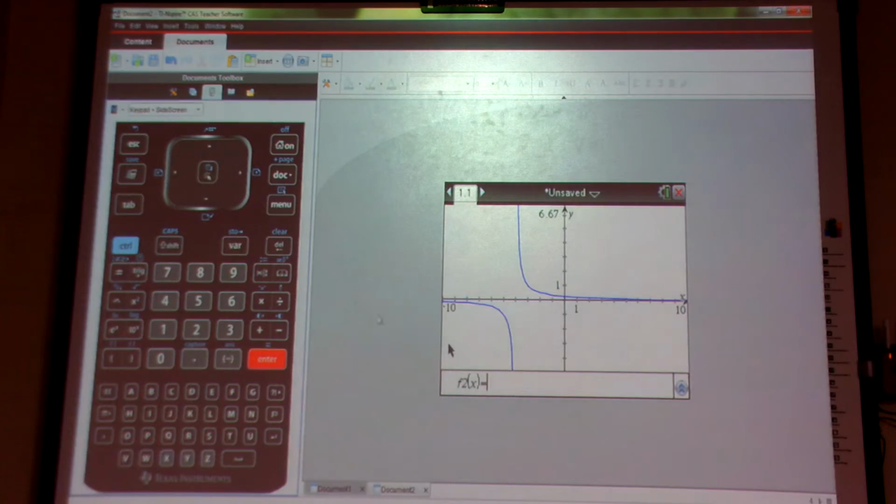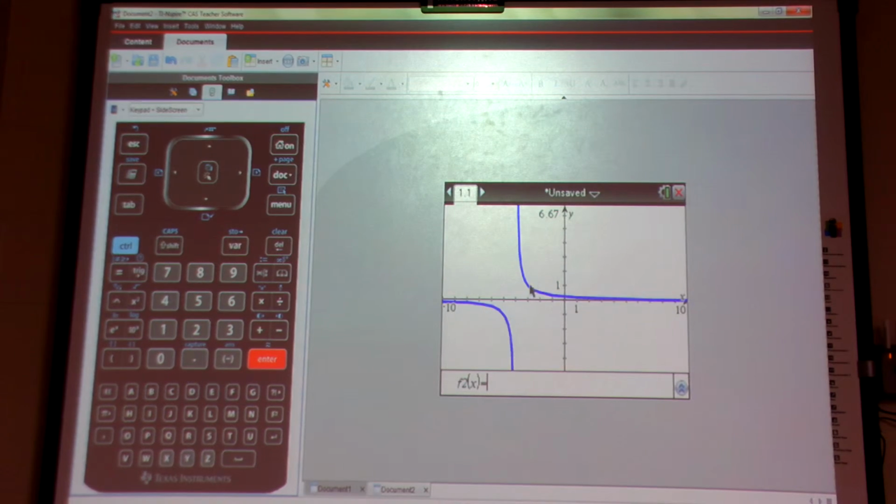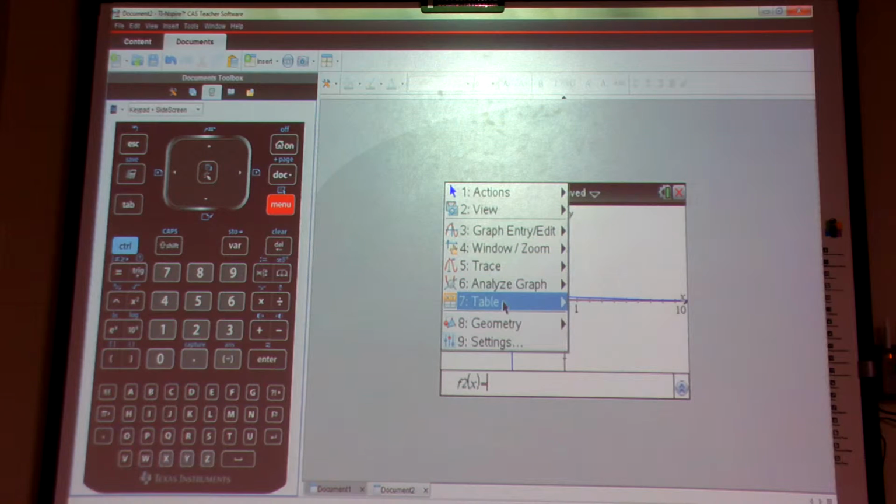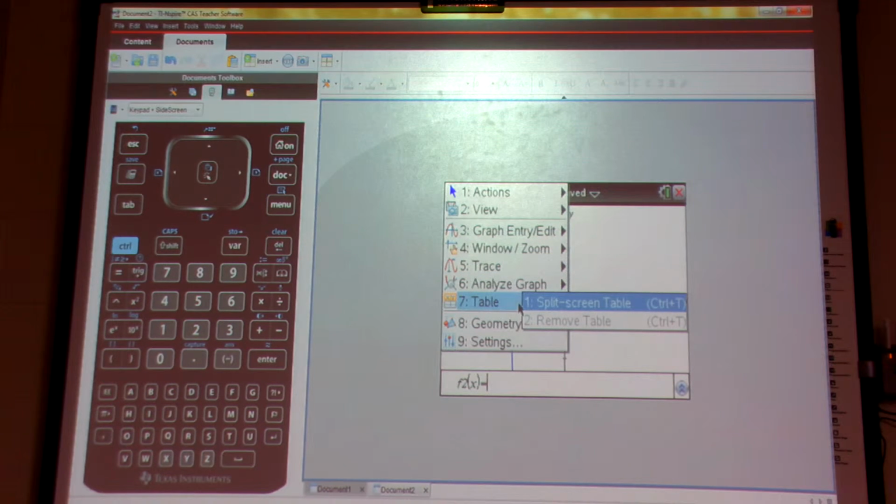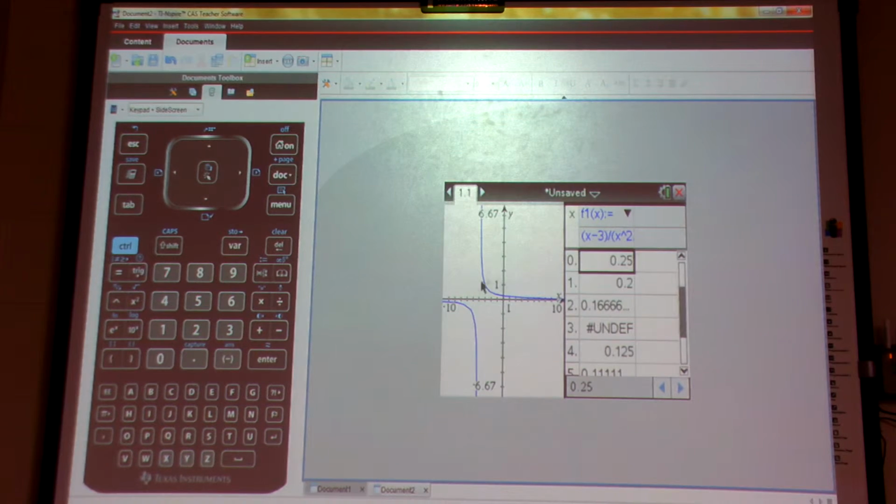Does it appear to have any holes? I don't see any. Do you? But I'm going to check my table. And to do that, I'm going to go to Menu, Table. I'm going to do split screen so I see both. So I see this and this. If I scroll back,